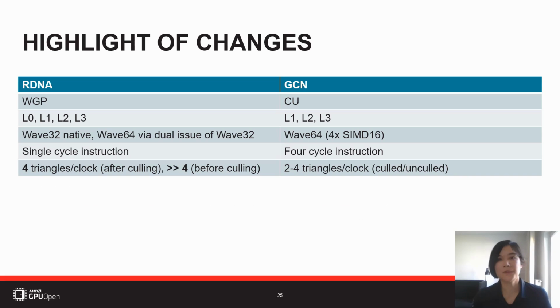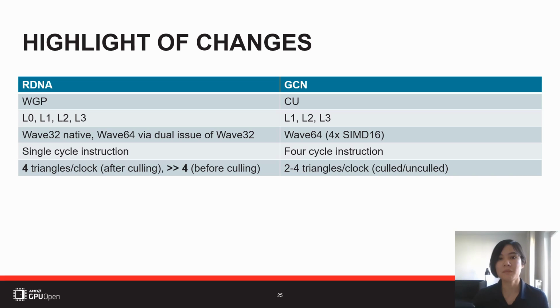Then a new thing which I haven't talked about at all yet: geometry throughput. On GCN we are always limited to 4 triangles per clock. This is by the primitive assembler, it's just a bottleneck, it's just the limit. And on RDNA we actually have the same limit, we are still limited to 4 triangles per clock at the primitive assembler level. But now this is only 4 triangles which are already counted,